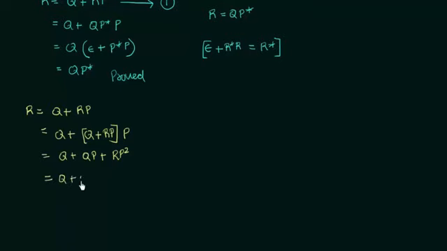So Q plus QP plus this R, I will write it as Q plus RP, and this P square comes over here. So this will be written as Q plus QP plus, I'll take this P square inside, so this becomes QP square plus